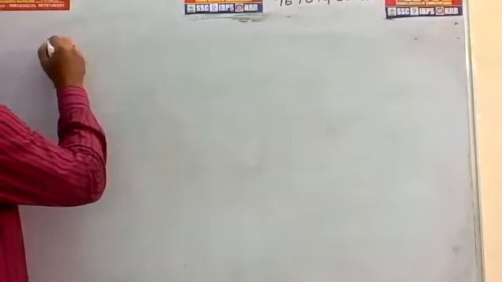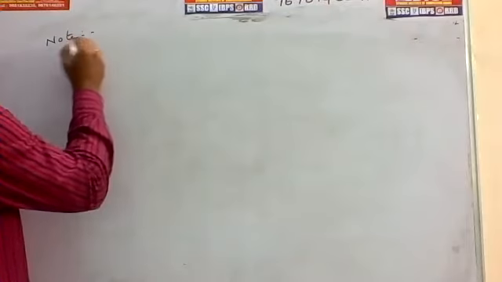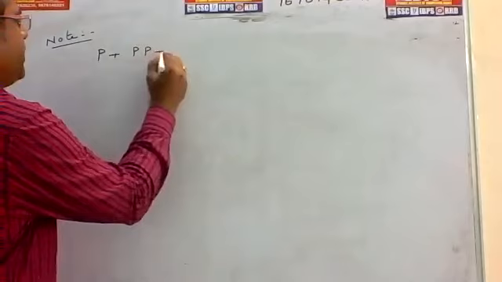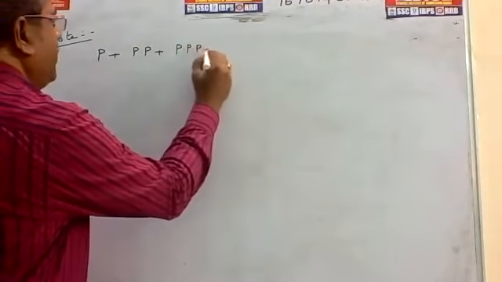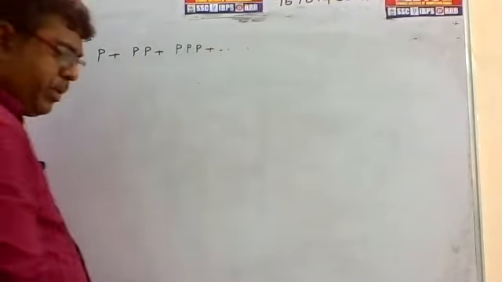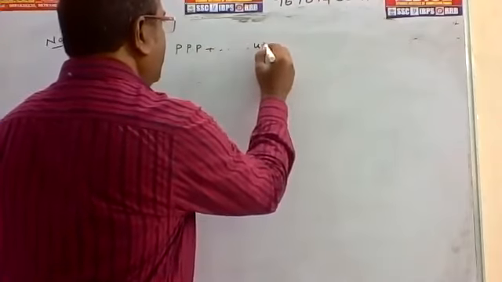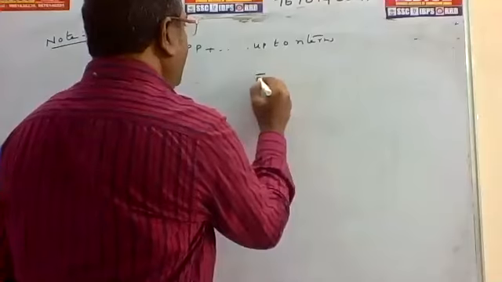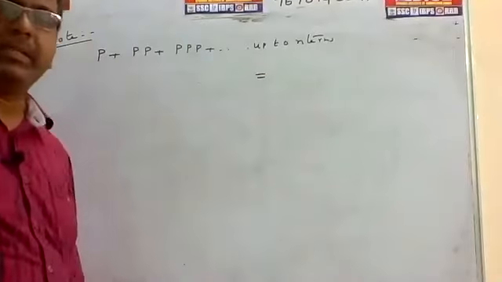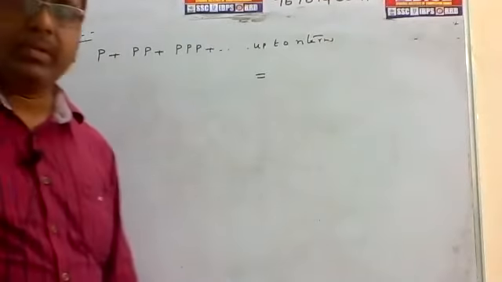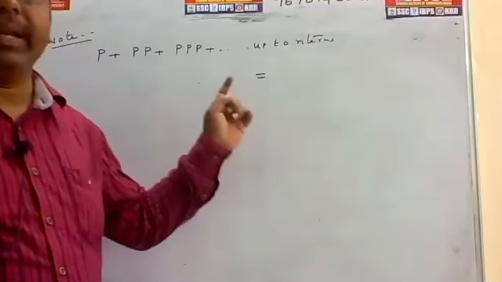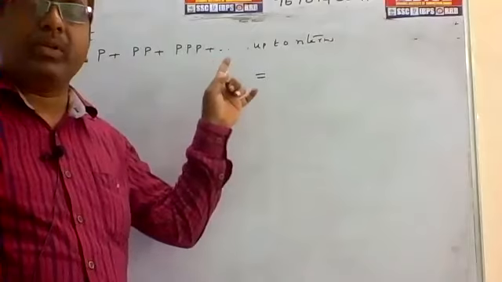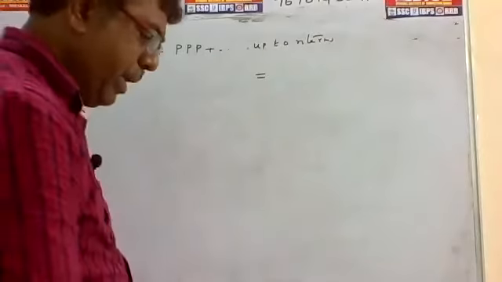See some note. P plus double P plus triple P plus so on up to n terms. And the next one, see a note: P plus double P plus triple P plus so on up to n terms is equal to, the formula is